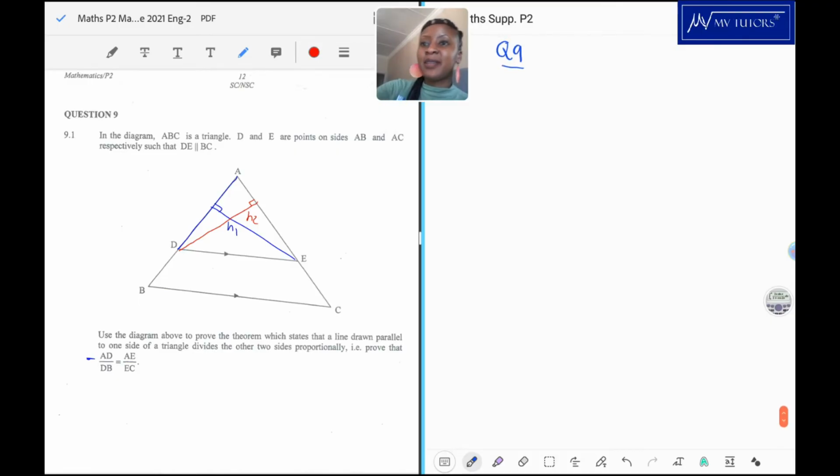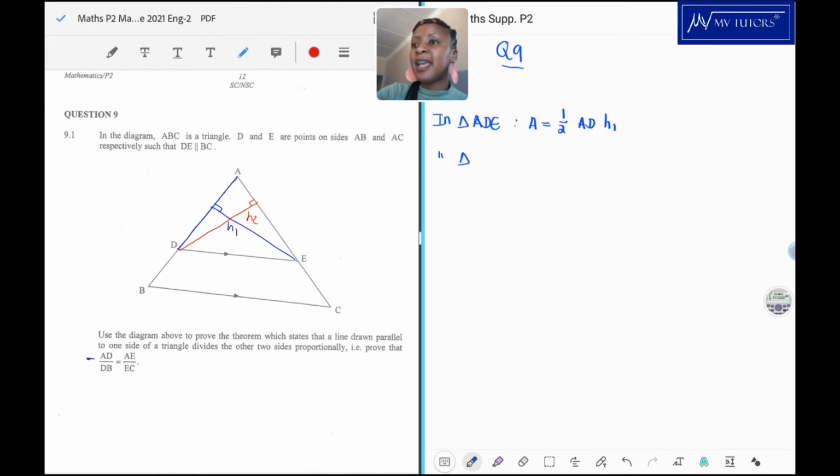Yeah, okay, so in triangle ADE, the area of that triangle is going to be half the base AD times the perpendicular height, which is H1. Okay, and also if I look at